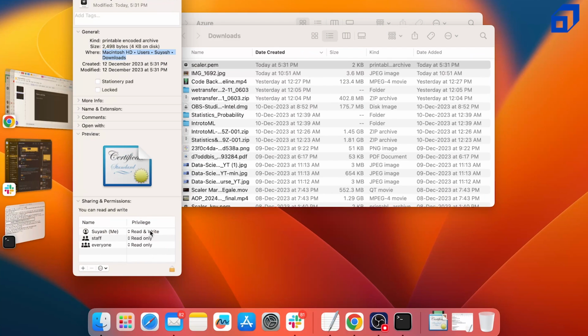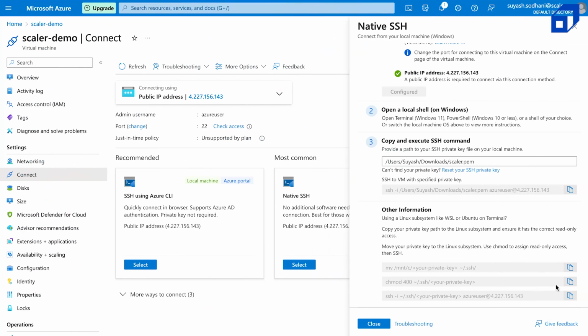Since I am using this file to access something which is beyond my network and beyond my physical computer, I need to change the permissions of it. So let me do that. To do that, I have to add a command which is chmod 400 and then the private key file name. So let me copy this